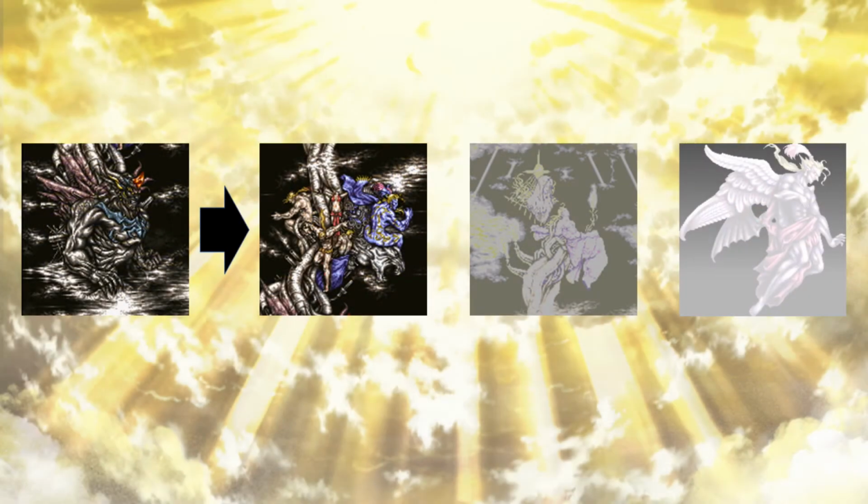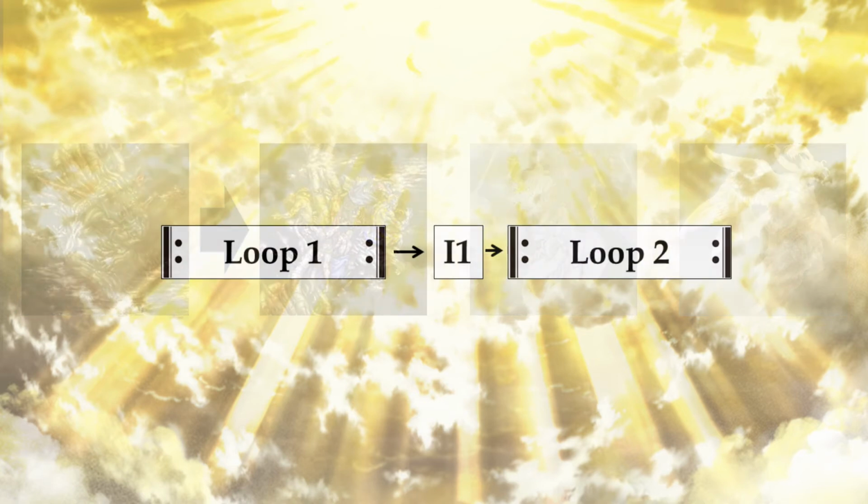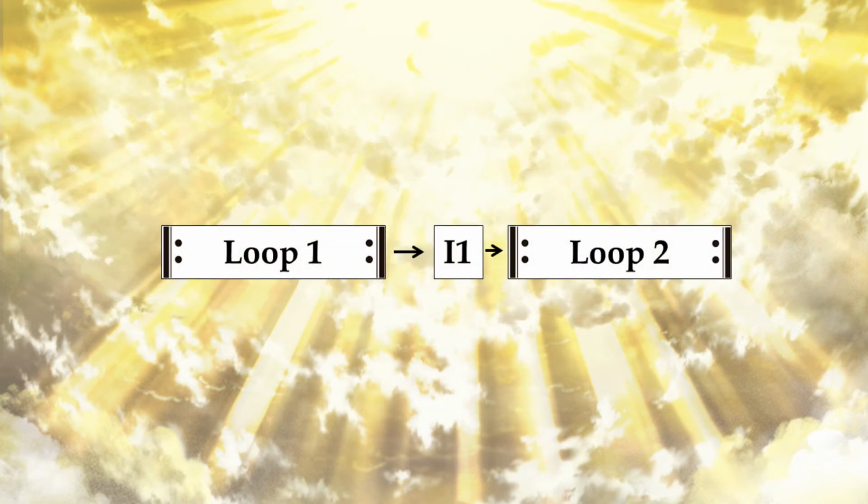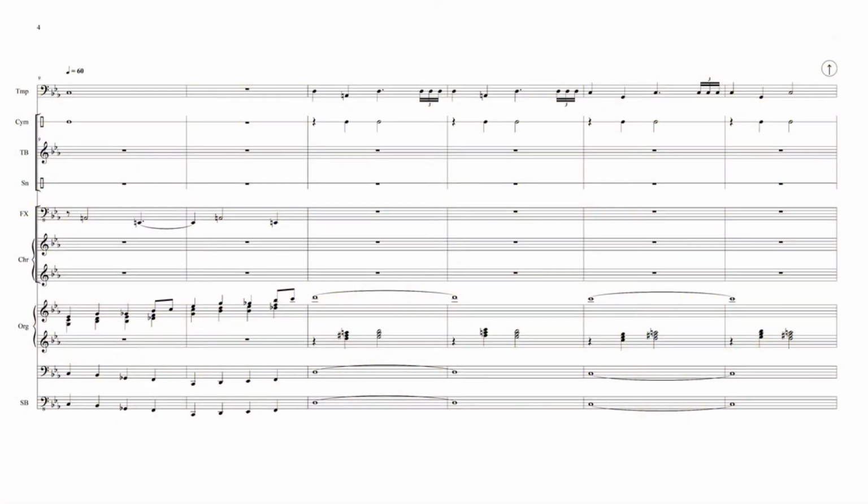The transition between the first and second boss is similar, but with one great difference. Instead of choosing to loop or continue at the end of the loop, the transition point instead comes in the middle of the loop, at the end of bar 14 to be more precise. This doesn't solve the problem with delayed timing.